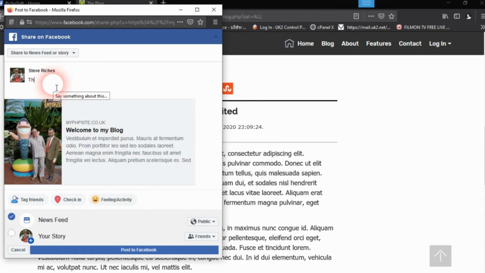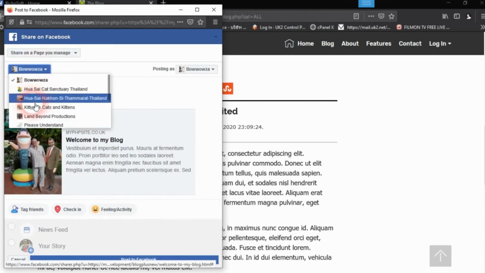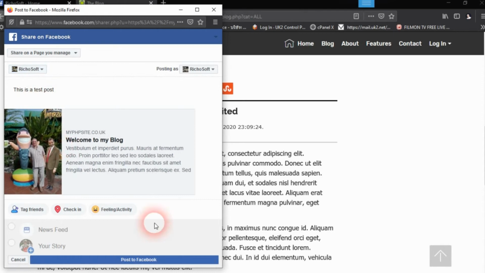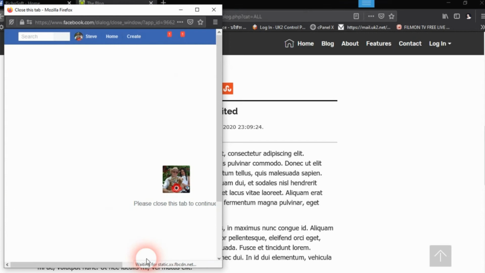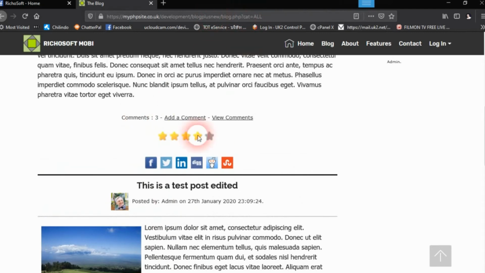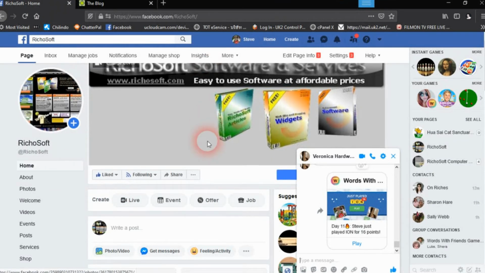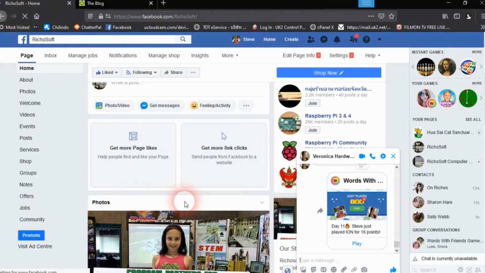Now let's share that to Facebook, and we'll share it to a page. Okay, so we'll post that to Facebook. Now when it shares, it shares a friendly URL, not this page here. So when it's shared on Facebook, you will see, if we just refresh,